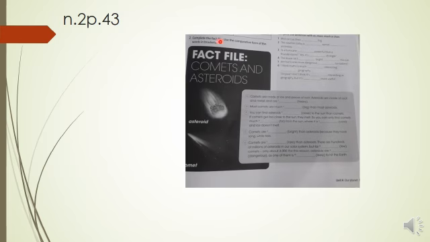Complete the fact file. Use the comparative form of the words in brackets. Fact file, comets and asteroids. Here we have comets and asteroids that we see in the sky. Okay, comets are made of ice and pieces of rock. Asteroids are made of rock and metal and are heavy. Okay,